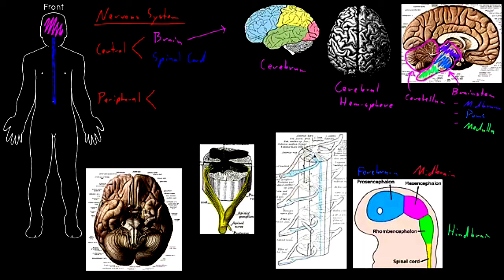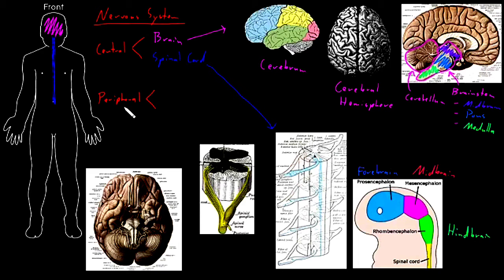Here's a drawing of the spinal cord, this kind of long tube that runs down the spine. And there's a number of structures coming out of the spinal cord that I'll talk about next. So those are the parts that make up most of the central nervous system. And everything that's not in the central nervous system we call the peripheral nervous system. And the central nervous system is called that because it's kind of in the center of the body. And then the peripheral nervous system is called that because it's going to go out all over the rest of